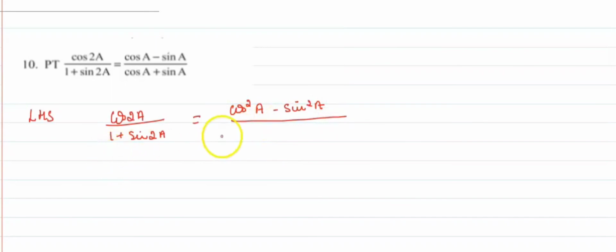So this one I will write as (cos A plus sin A) whole square, that is cos square A plus sin square A. Where 1, I can write using the basic trigonometric identity, that is cos square A plus sin square A is 1. So 1 I'll be writing as cos square A plus sin square A once again. One more formula, the sin 2A formula, is 2 sin A cos A. I will use that formula, and write this as 2 sin A cos A.